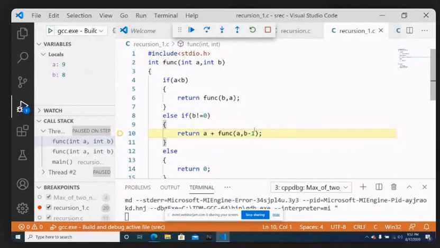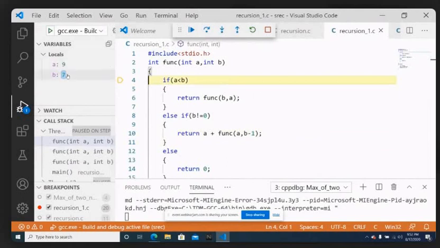A adding, how it is adding, we cannot see here. But the recursive call, what we are doing is A comma B minus 1. So A will remain 9, but B will become 7. Can you see here? 9 comma 7. Then again you go to else if, true, enter inside, again you make a recursive call, it will become 9 comma 6.